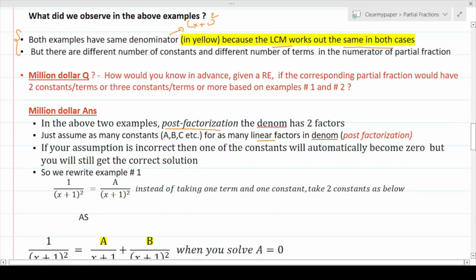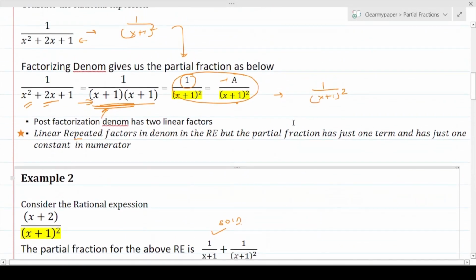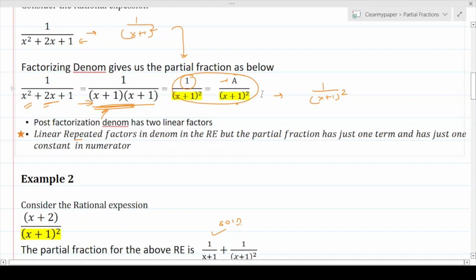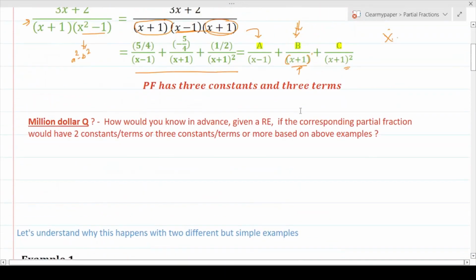Since in both the cases the denominator has got 2 factors, we will take 2 constants. Okay, and what will happen is you will assume that both the constants could be true, but in the first case we have only 1 constant. So when we solve for the problem, we will assume that it has got 2 constants, and when we solve for the problem, one of the constants will automatically become 0, and that's the trick, and that's what is happening